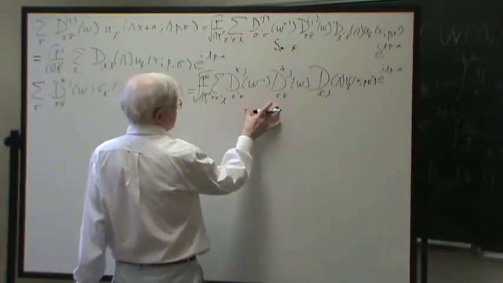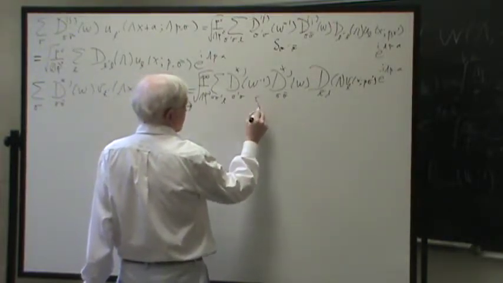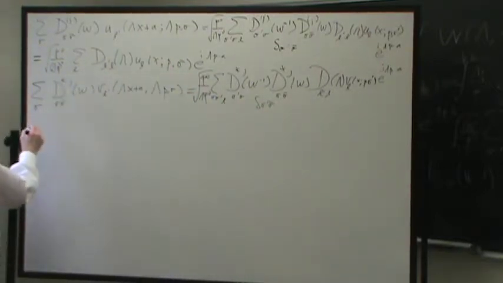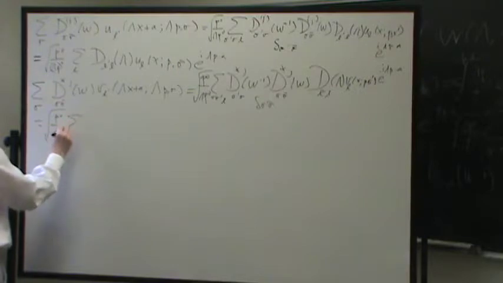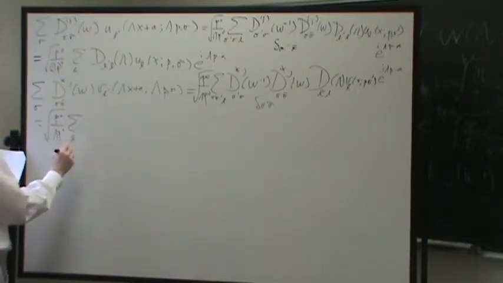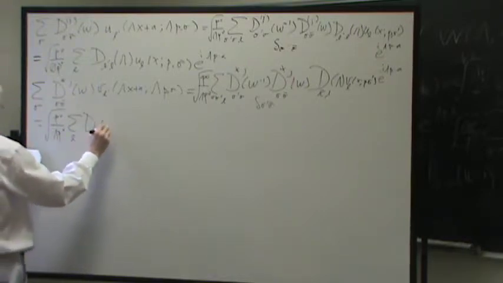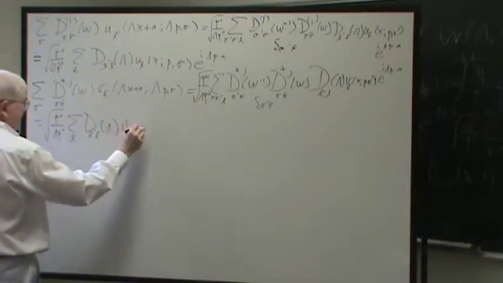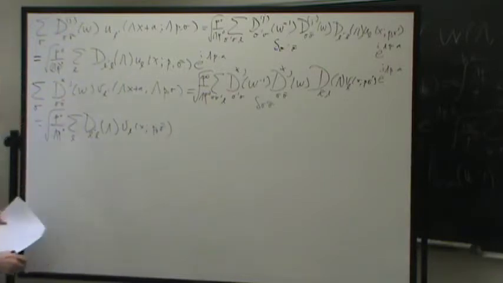This just gives us d star of the identity, which is just delta sigma prime sigma bar. And so this turns into square root of P0 over lambda P0, sum on L, d L prime L of lambda, VL of X, d sigma bar. Okay. So now we have